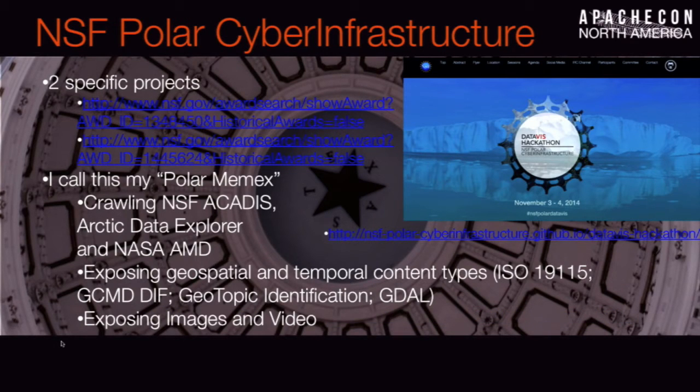I also am funded via the Polar Cyber Infrastructure program at the NSF, and they have the dark web too, in polar sciences. They have a lot of science archives. It's not just polar sciences. We have this in physical oceanography, biomedical, various things like this. They have archives out there in which most of the web forms return search results for data using AJAX and JavaScript. And most crawlers don't see that information.